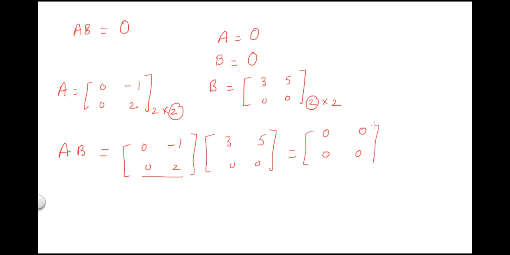So see, A and B here are not zero matrices, but still the product is a zero matrix. So whenever it is asked that if AB is a zero matrix, is it necessary that A and B are zero matrices? It is not always true. Clear? Now matrix multiplication is not commutative. In some of the cases you can get AB equals BA, but not for all. Associative law, yes, matrix multiplication is associative. That means if we multiply matrices A and B first and the resultant matrix we multiply with C, or we find the product of B and C matrix first and then multiply it with A, we are going to get the same answer.